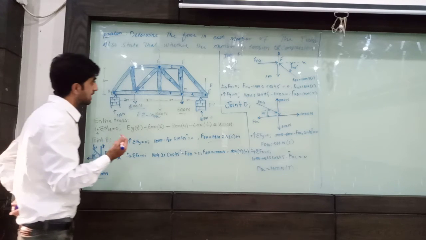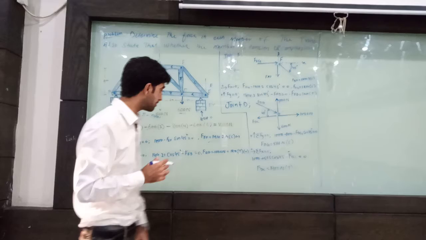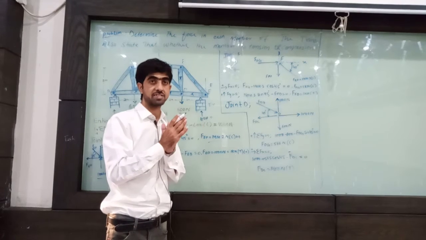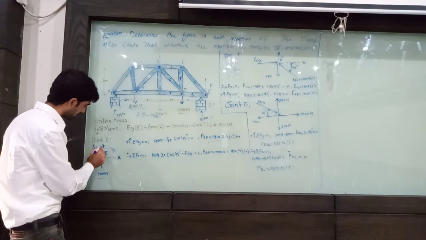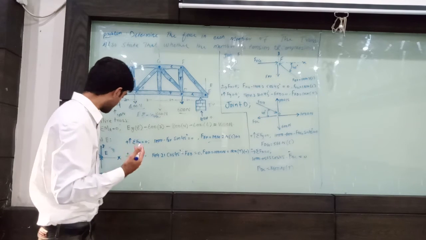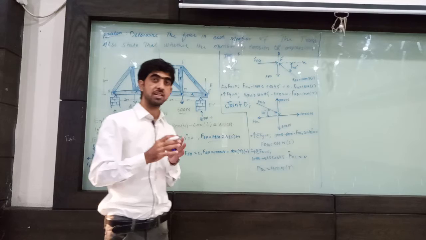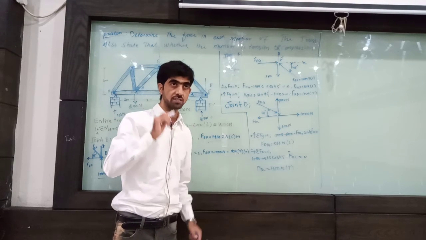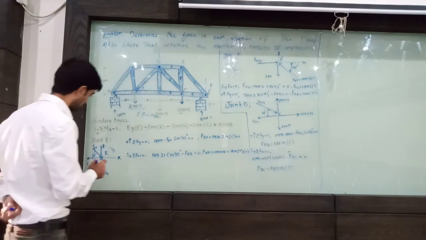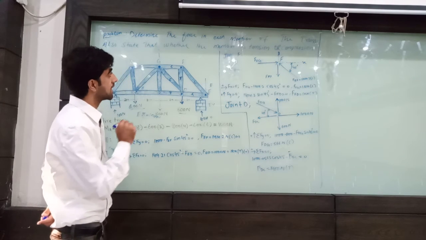Next point, you can find summation of equilibrium. Equation of equilibrium means that there are different values, such as x-axis, y-axis, and moment. So there are three equations. So for those three equations, we can find one value for each. Okay. So basically, now we go forward to joint F.